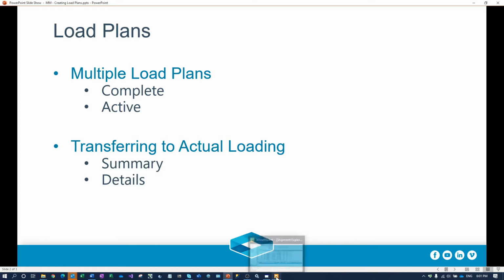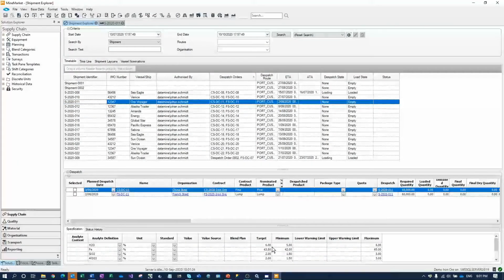So let's go into MineMarket. We're looking at the Shipment Explorer, where I've got a list of shipments, and if I highlight one of the shipments, I can see the load state for the ship is empty at the moment. So I'm going to open up this shipment. Once I select that, I can see all the dispatch orders. I've got two different customers, and I've got fines and lumps, two different products that I'm going to be loading on this